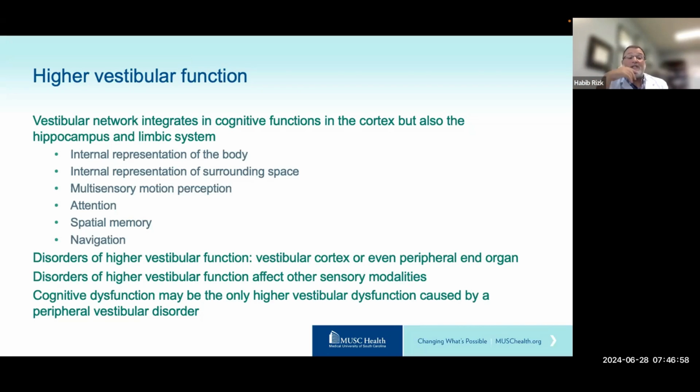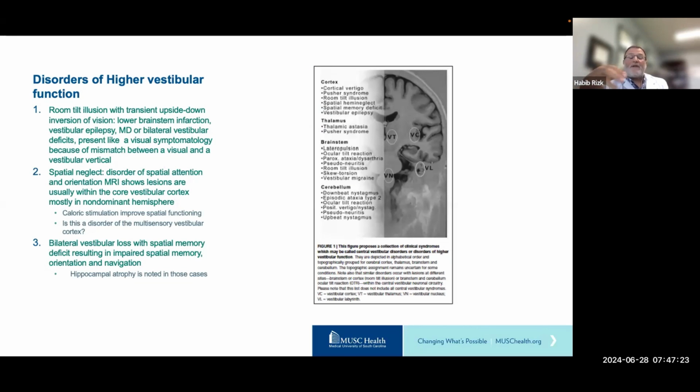These are the patients you see who've had a neuronitis and they've recovered, and they tell you, "I don't feel dizzy. I have a brain fog. I just feel spacey." And you can no longer immediately attribute their symptoms to the peripheral injury you're seeing on the calorics that was fully compensated, except that it could be that the peripheral end organ injury has affected the upstream pathways. There are three examples that we see in the neurology literature that examine this concept.